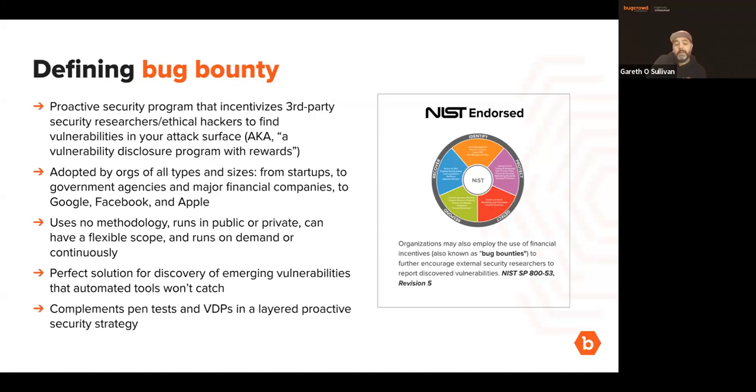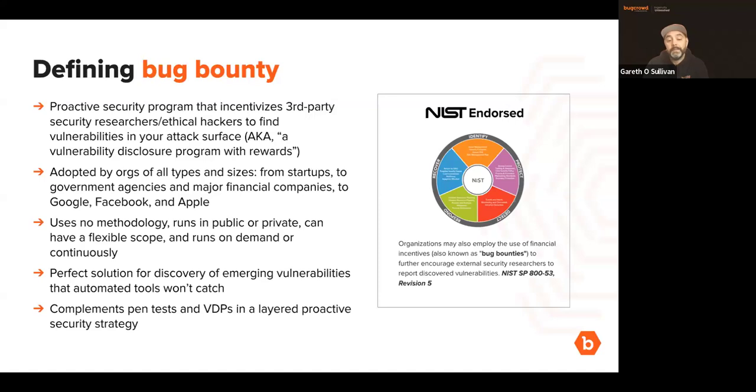Really useful for discovering emerging vulnerabilities that pen testing and automated tools sometimes can't catch or miss. And it can run alongside all these other security controls that you're running or deploying. So it doesn't have to replace things. It can be a next level. From an innovation standpoint in the security testing space, that's really where bug bounty sits. It is the next evolutionary step beyond consultancy-led testing to automated tools to bug bounty. And generally, 9 times out of 10,